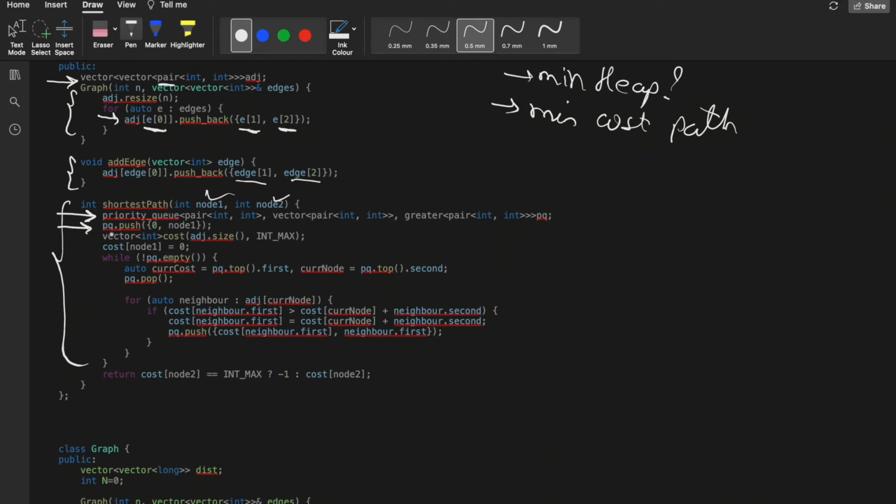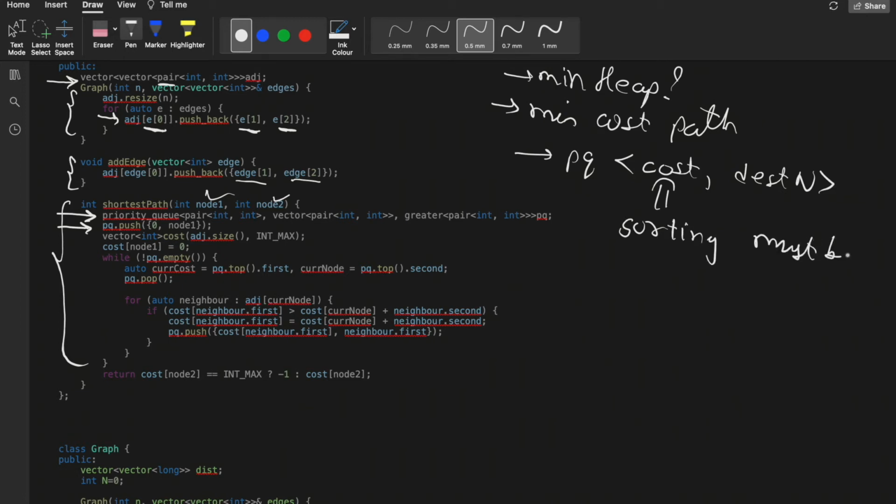Then I push the cost and the node. See, in the min heap or the priority queue PQ, what am I making? I am making a priority queue of cost and the destination node. Why this? Because I will apply sorting on the cost. So sorting must be applied on the cost,